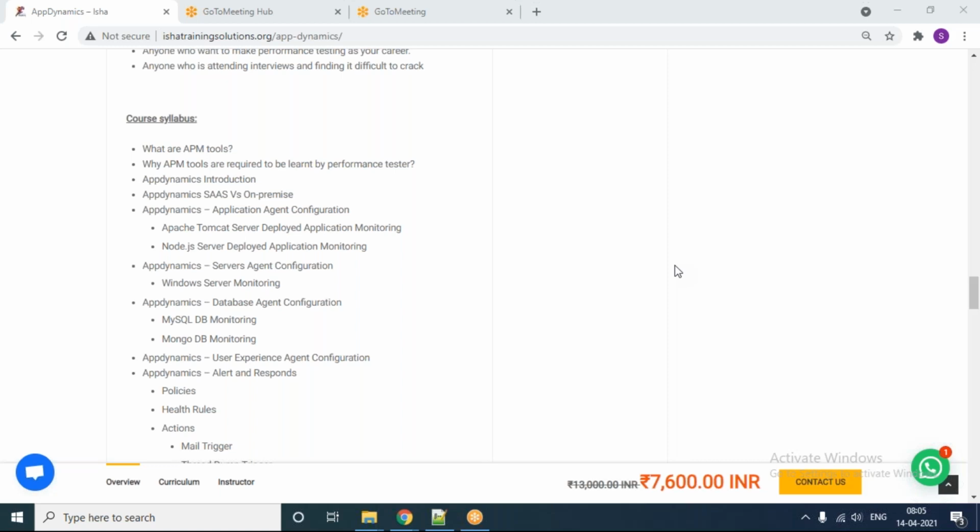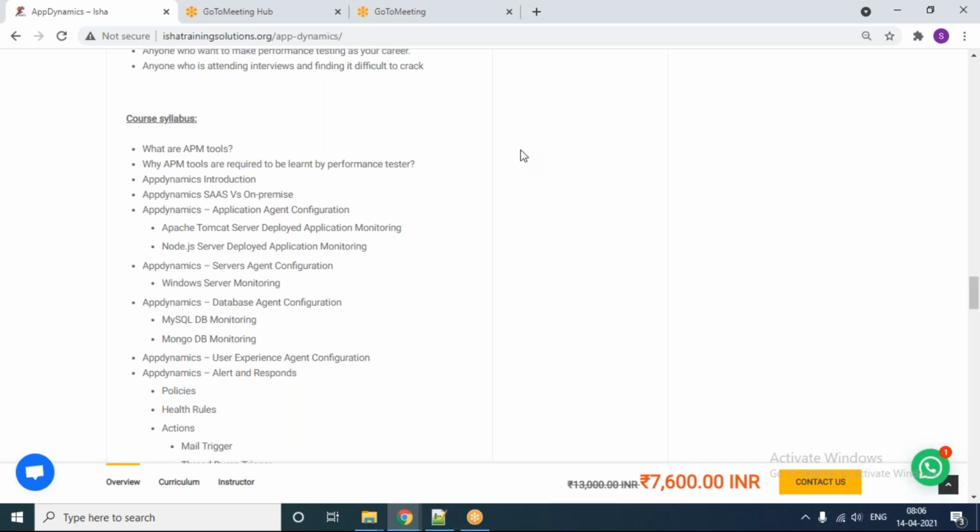This is very useful. You are not spending any time identifying the issue. You are only going to spend active time resolving the issue, because using an APM tool, identifying the issue is very easy. Resolving the issue is what will take some time. So these APM tools are used in such a way that you can identify your performance bottleneck very quickly.